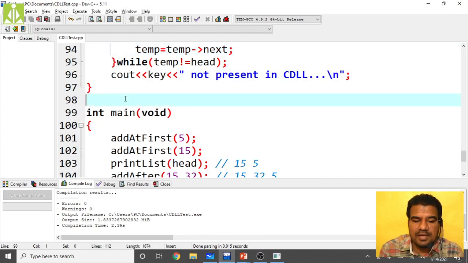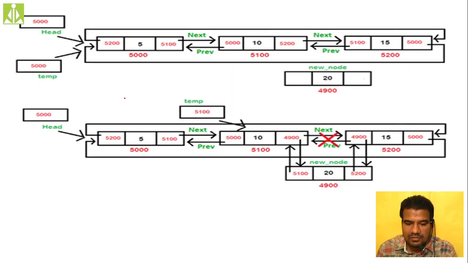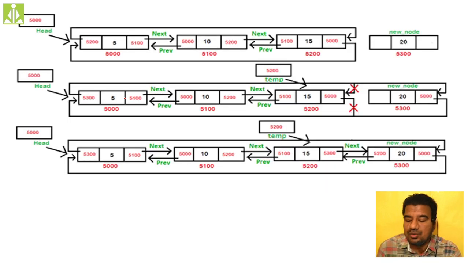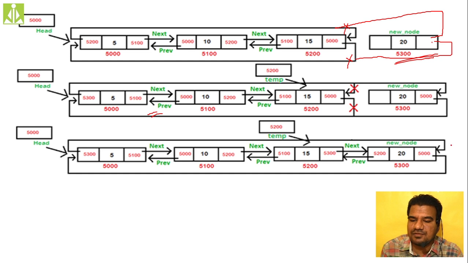Okay. So the next thing, add at end function. Add at end function, how it will work? See, add at end. Yeah, we have to run a temporary pointer. I mean, simply we have to traverse a temporary pointer to the last node, and we have to do the corrections accordingly. Only that thing. Add at end in the sense, at the last location a new node will be added, like this. And the corrections what you have to do, you have to remove these links and you have to add new links, so as it is going to point like this. It is going to point here and it is going to point here. Here I have shown that one correctly.